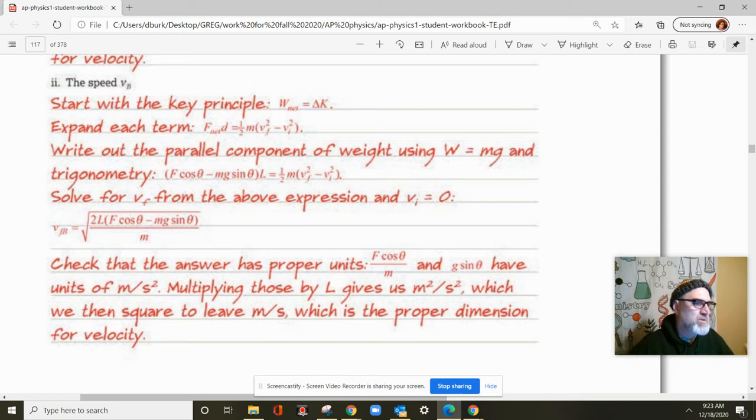And you can see really the only difference is now instead of F minus mg sine theta, remember mg sine theta is the component of the weight pulling it down the ramp. We have to subtract that out from the force pushing it up the ramp to get the net force. So F cosine of theta is what's different about it, and we go through the same process, and you can see that